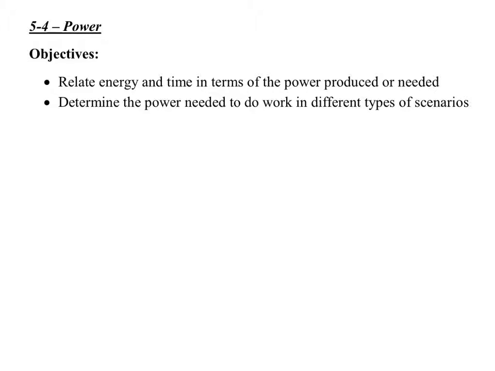Power is a rate, like velocity. So if I walk from this side of the room to that side of the room, it's a given displacement. Now, if I walk faster, the displacement is still the same, but the velocity is what changes. If I walk really slowly, my velocity is a low number across the whole room. But if I jog across the room, my velocity is faster. It's a rate of change. That's what power is analogous to.